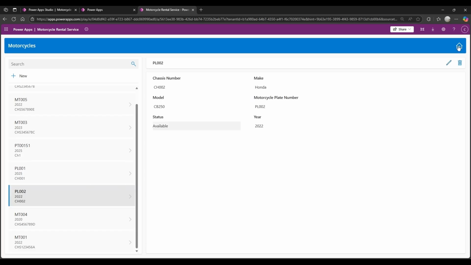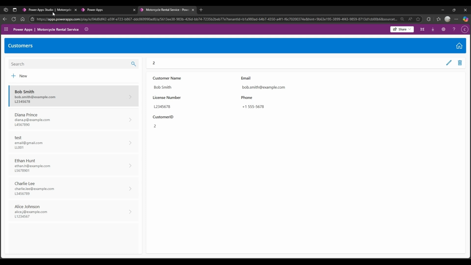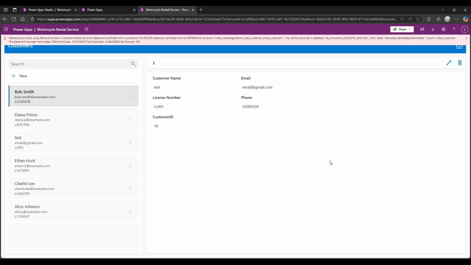Okay, I'm going to click on the home button. It takes you back to the home screen, and if I select customer, I'll be able to see all the customers in our business. I'm going to delete this one customer, test. I'm just going to recreate this test customer again. So if I click on this new button, I'm just going to put test2,